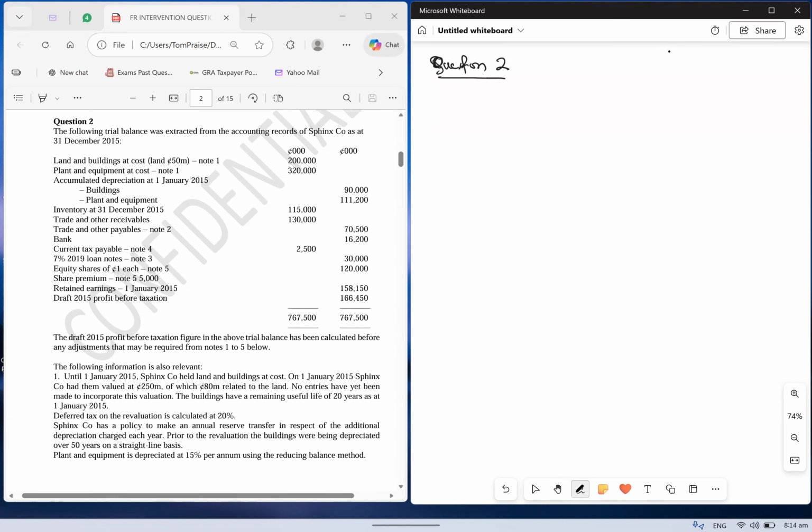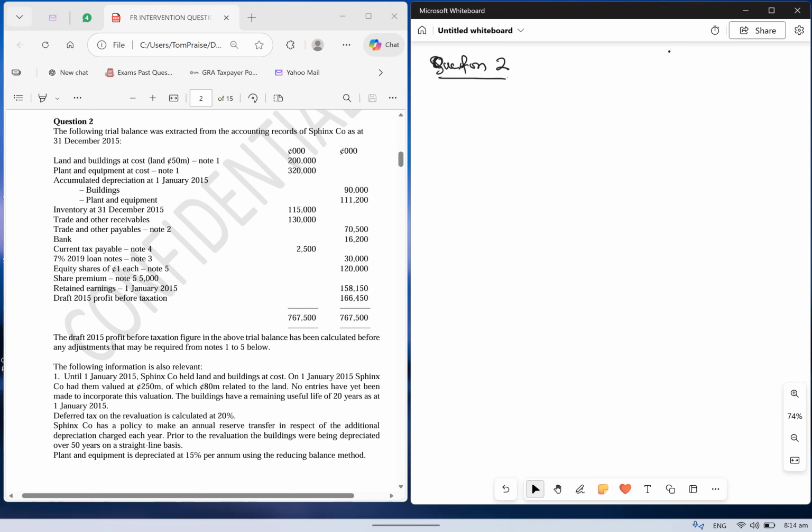Look at question 2. Now, it says the following trial balance was extracted from the accounting records of the Sphinx Company at 31st December 2015. So you have land and building, and the land in it is 50 million. And plant and equipment, accumulated depreciations are given. Inventory is given. You have trade receivables, trade and other payables, bank, current tax, 7% loan note, equity shares, share